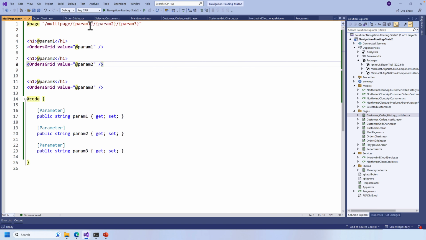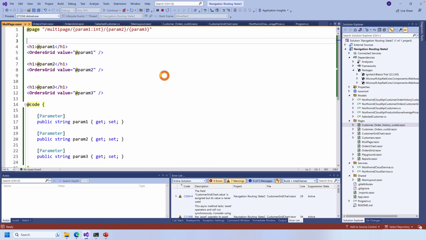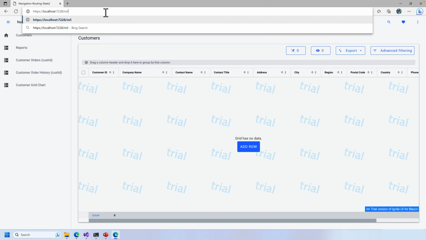different pages. Now, there is a key thing: the data type of the parameter as well. So in this case, if I said this must be an int or this must be a date time, you could force a specific type as a parameter, and that's just another way to check. So now if I run this again and we try to run it, we will most likely see some sort of an error. So let's do our multi-page,